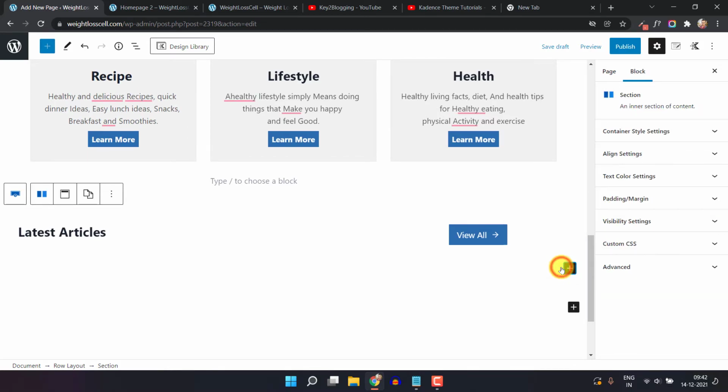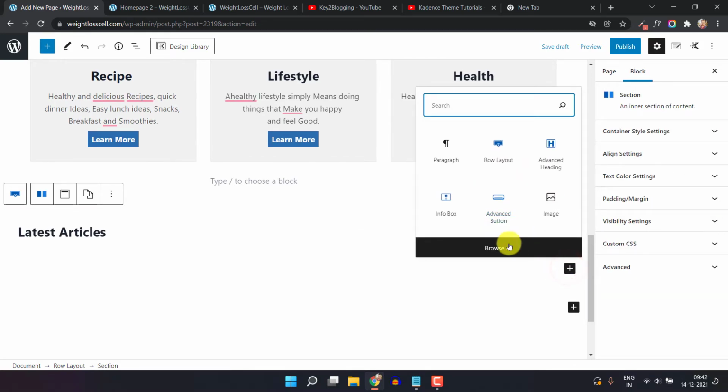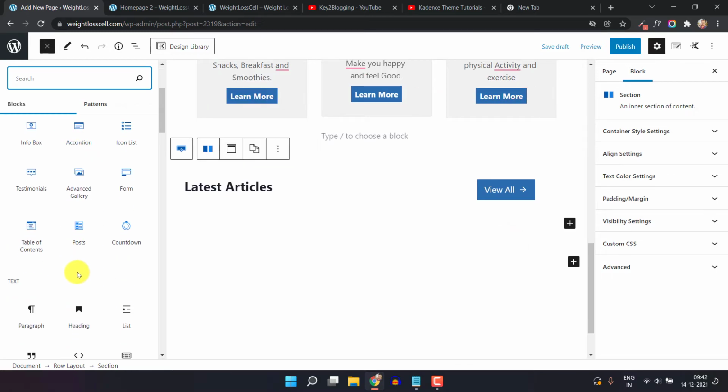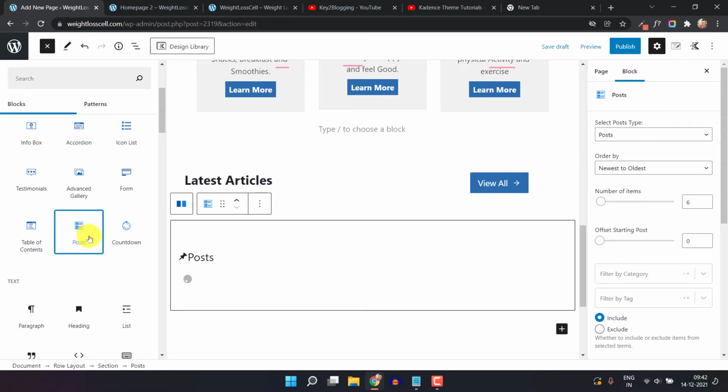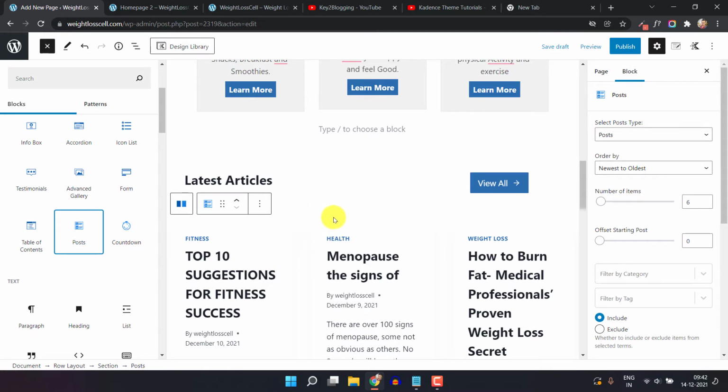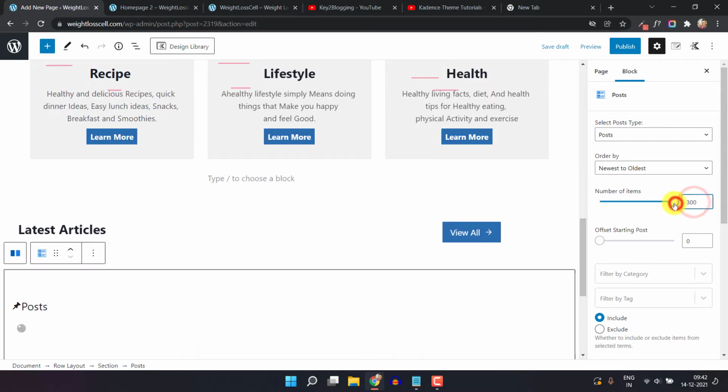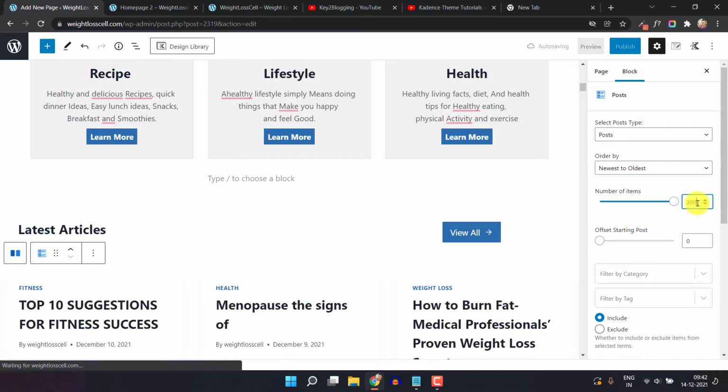So I will click on this add block and I will add the post. So just click on the post, and as you can see, now the post is showing below the first row layout. So in this case I will select the number of items to 3 so that it will show 3 blog posts. So let me just change it to 3.